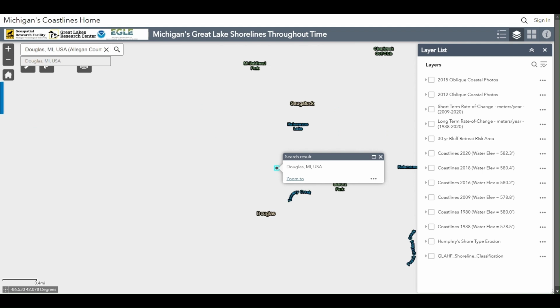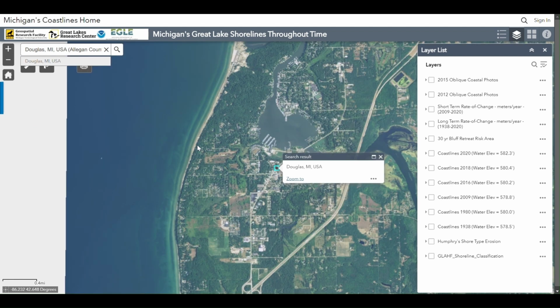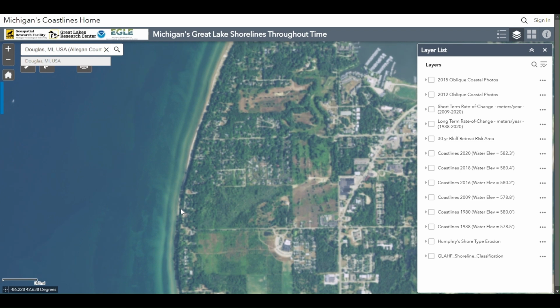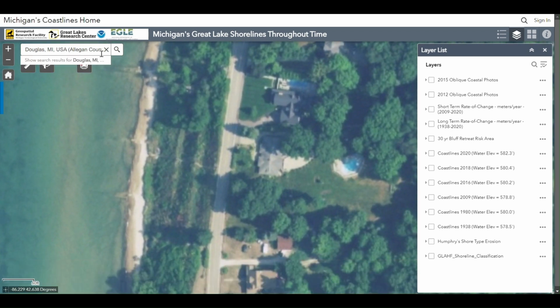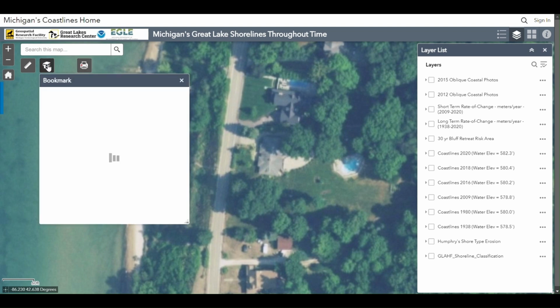I want to look closely, so I'm going to use the zoom function to move to a specific road near the bluff. This is where I want to bookmark my location so that I can come back to this point if I need to do further assessment. The local community may be interested in understanding the risk of erosion and the potential for roads becoming damaged or